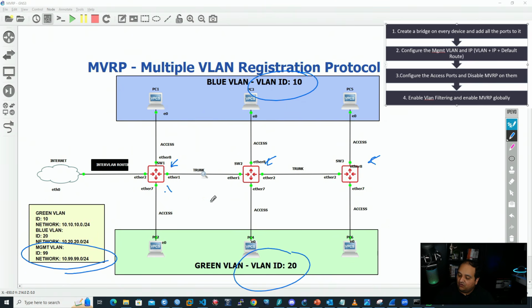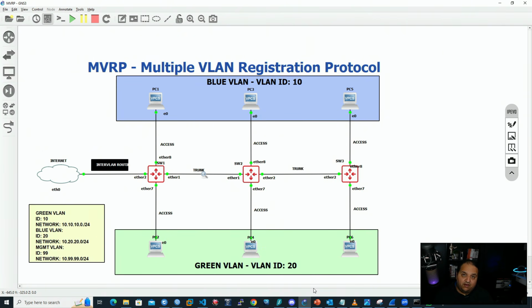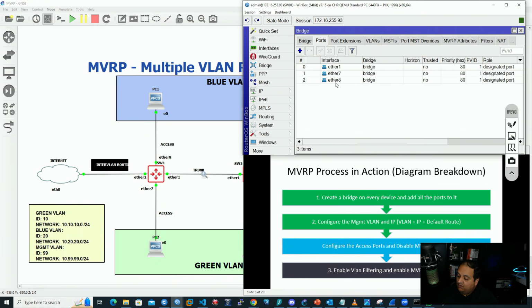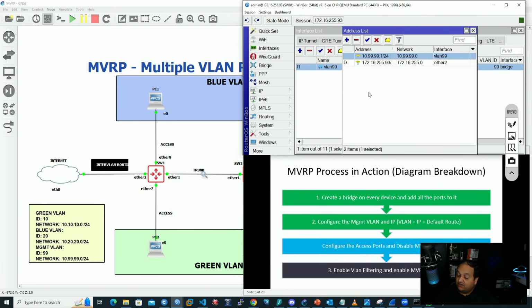So this is the .1, .2, and .3, and they belong to the network 10.99.99.x, where x is .1, .2, or .3 respectively. We're going to start with the configuration for switch number 1. So we check this device: we have the bridge created, we have all the ports, in this case port 1, 7, and 8. And additionally, I have created a VLAN interface for the management VLAN, and that one has an IP address,